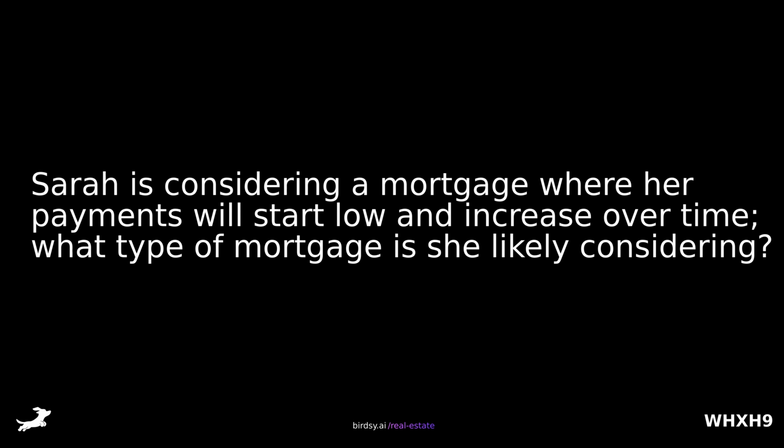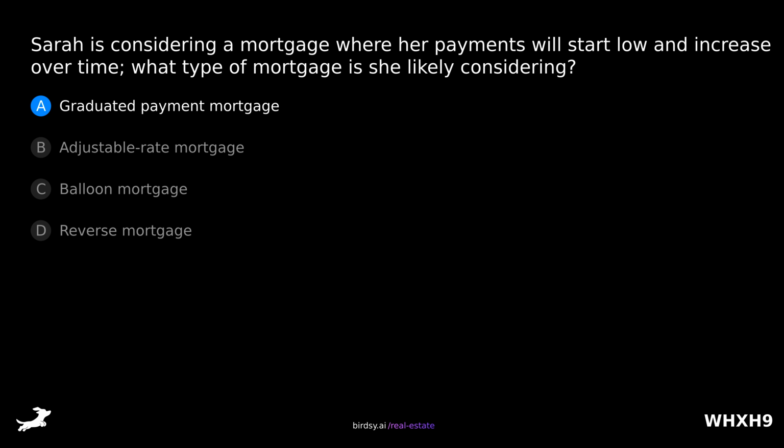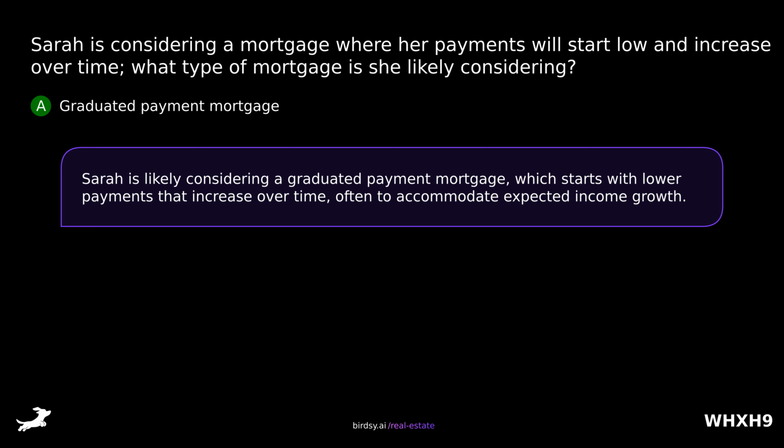Sarah is considering a mortgage where her payments will start low and increase over time. What type of mortgage is she likely considering? Is it A, graduated payment mortgage, B, adjustable rate mortgage, C, balloon mortgage, or D, reverse mortgage? The correct answer is A, graduated payment mortgage. Sarah is likely considering a graduated payment mortgage, which starts with lower payments that increase over time, often to accommodate